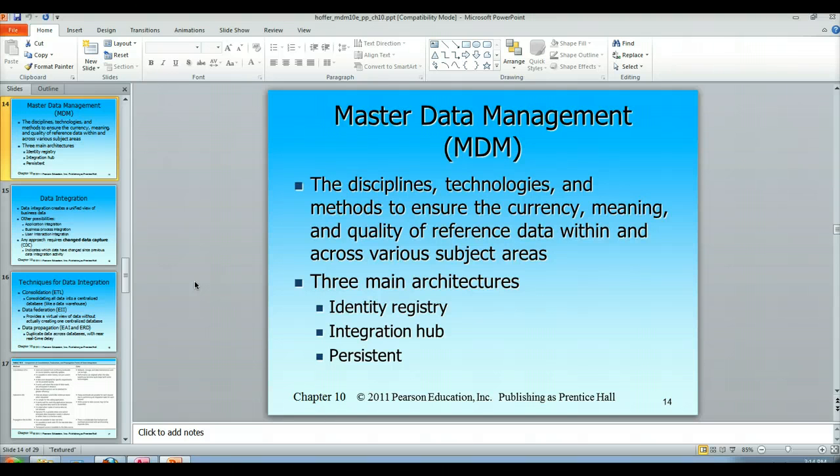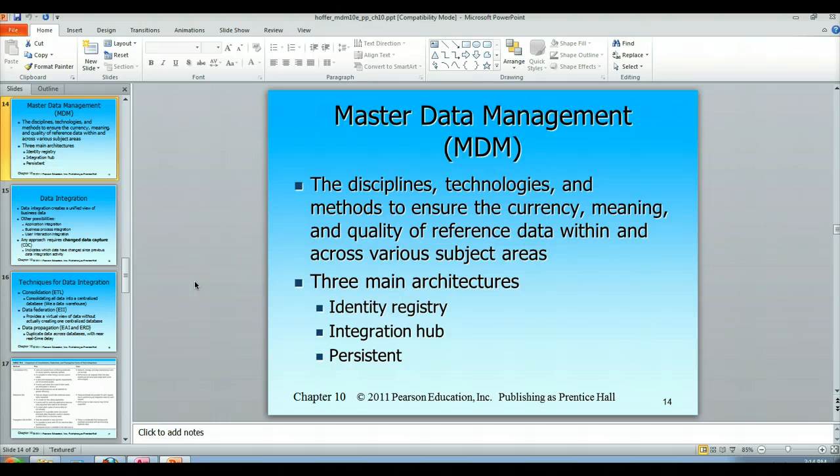The integration hub method is somewhat similar, but data changes in the disparate systems are going to be broadcast to the other systems. Again, there's a bit of overhead associated with that, and then we get into a setup where the disparate databases have to subscribe to the changes. This is also very similar to what's known as replication, which we're not going to cover in this course either.